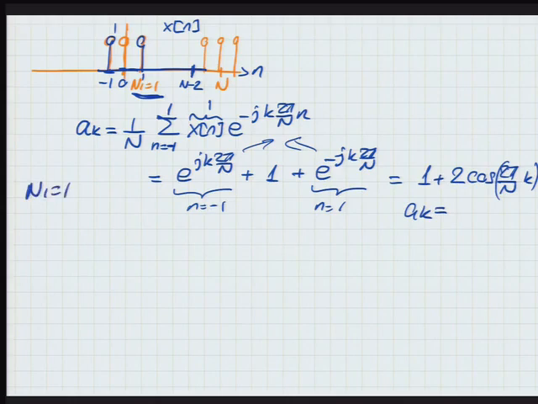And so what does that look like? Let's say the period is 10. What do these coefficients look like? When k is equal to 0, I have 1 plus 2. So I start at 3. So this is my a0. Now the indices are k. a1 will be,